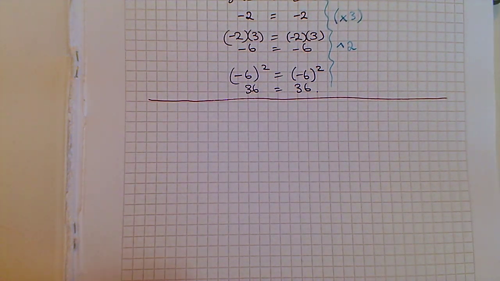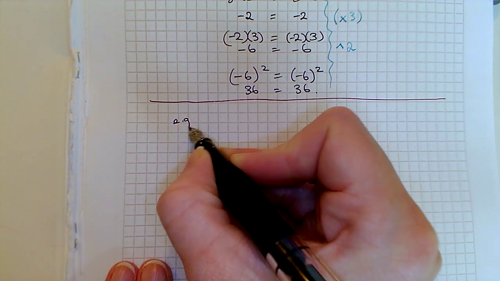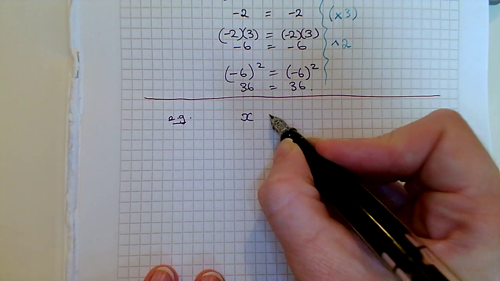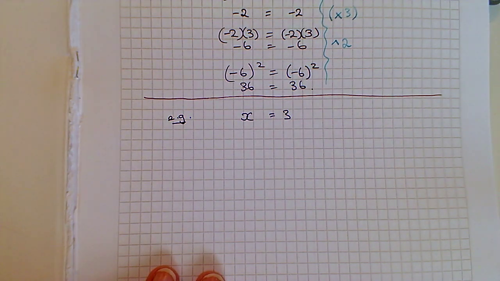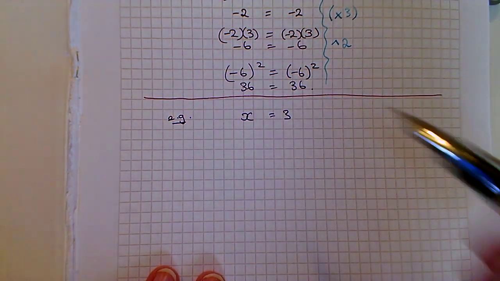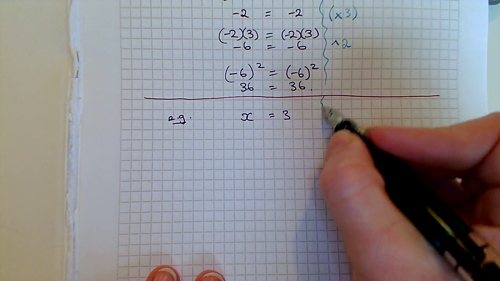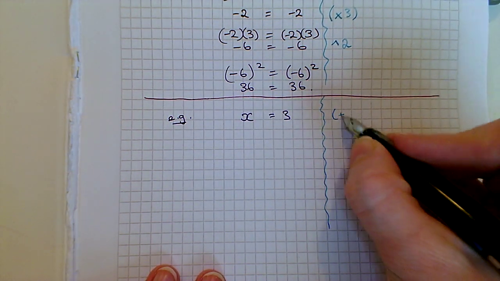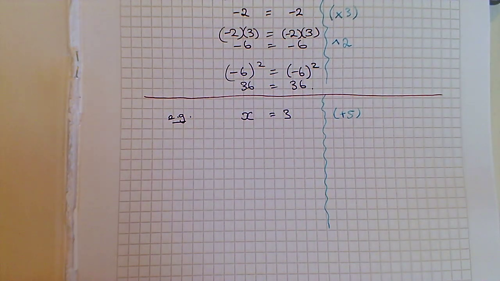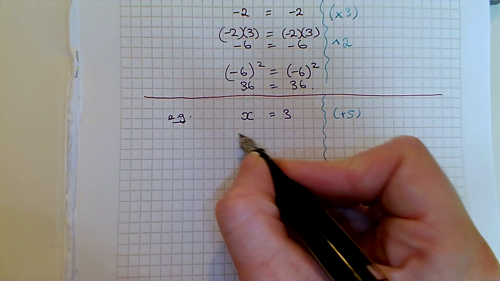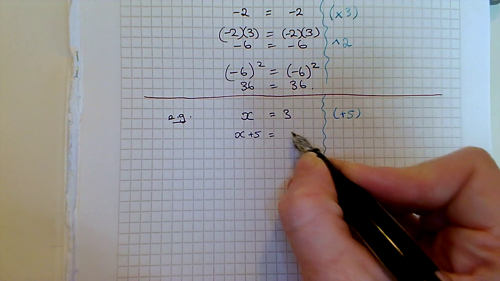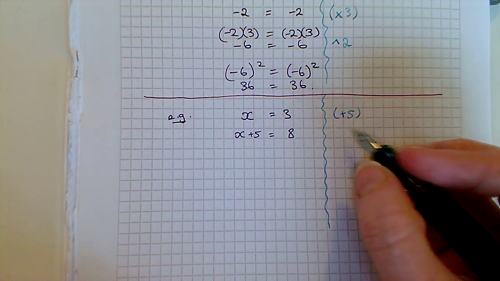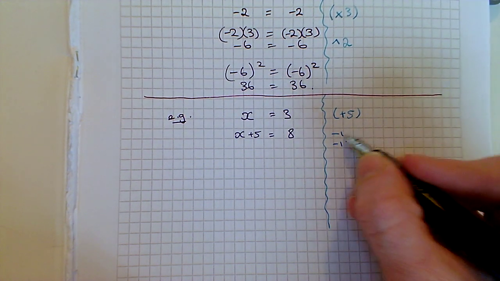What about if we have some variables in there? What about if I told you that x is equal to 3? Well, what that means is that exactly the same thing as I did to both sides before, I can do here as well. If I add 5 to both sides, and I'm going to go a little bit more quickly now, then x plus 5 is equal to 3 plus 5. x plus 5 is equal to 8. If I subtract 10 from both sides,